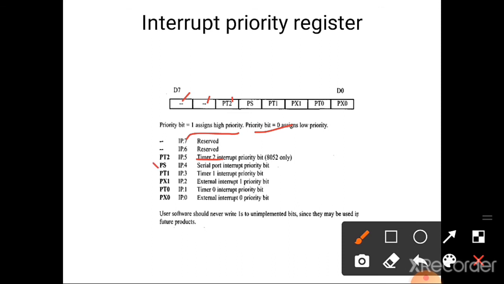Next is PS for serial port interrupt priority, PT1 is timer 1 interrupt priority, PX1 is external interrupt 1 priority, PT0 is timer 0 interrupt priority bit, and PX0 is the external interrupt 0 priority bit. So these are the two registers used in the